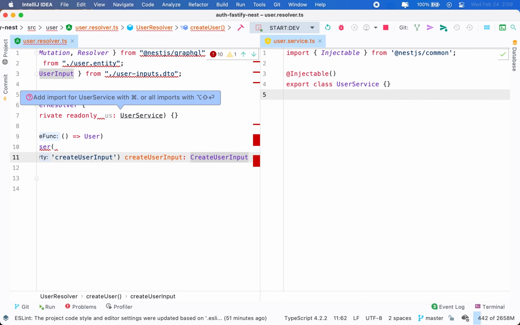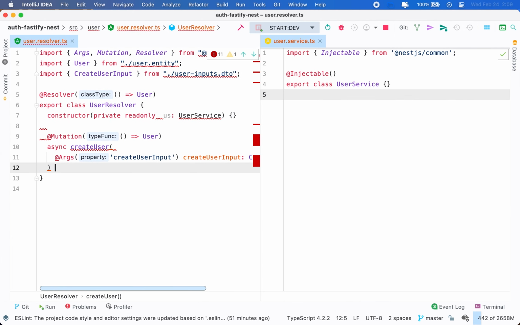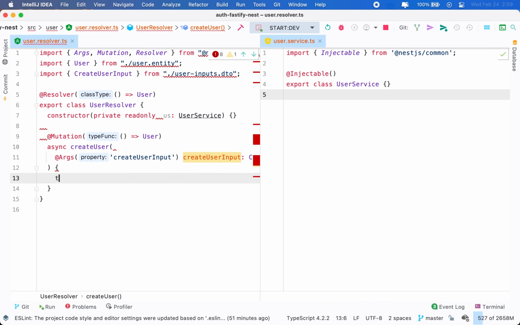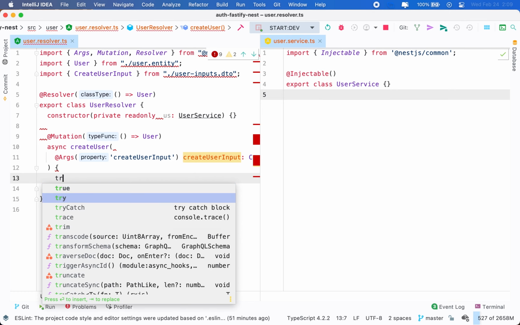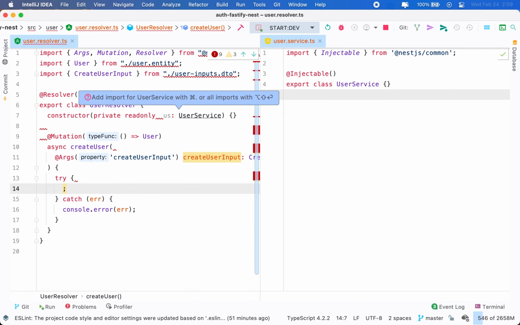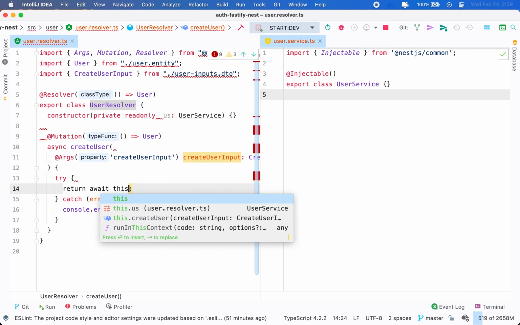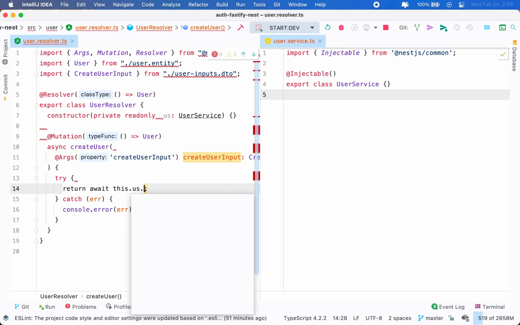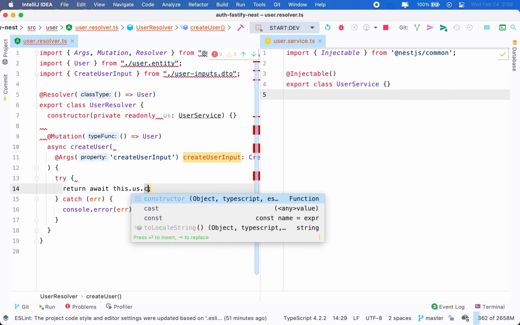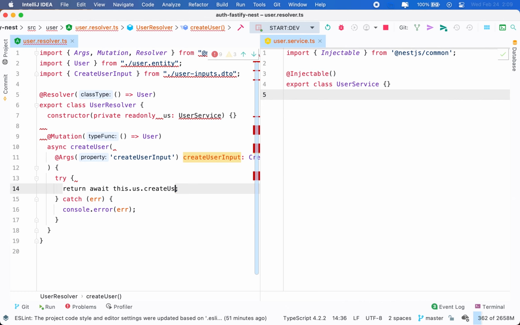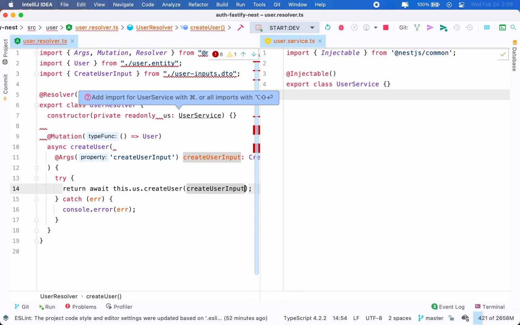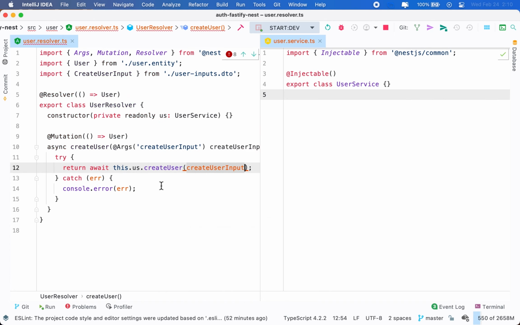I think that is the only thing that we need from them. After that, here we place our logic, and since it's an asynchronous function, we're going to do a try catch, and then what we want to do is return await this.us.createUser, and here we're going to pass in our create user input. Now this function does not exist, but if we go here,